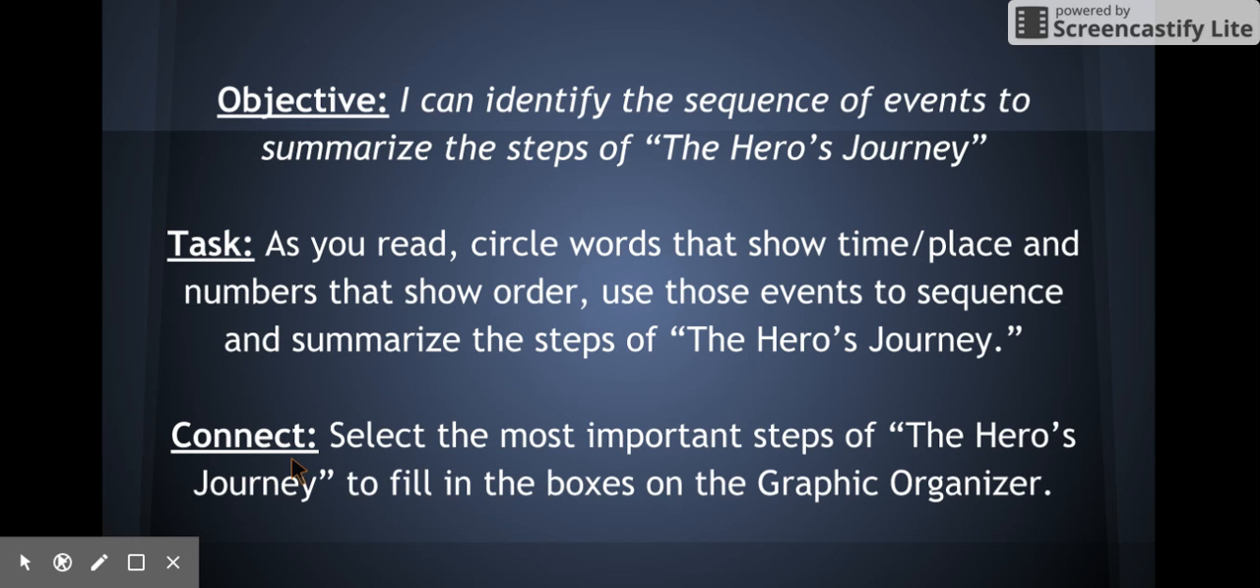That's going to be the end of our video today. So now go ahead and independently get started reading the article called The Hero's Journey, circling your words that show time, place, and numbers that show order, and eventually connecting those together to summarize the steps of the hero's journey using the